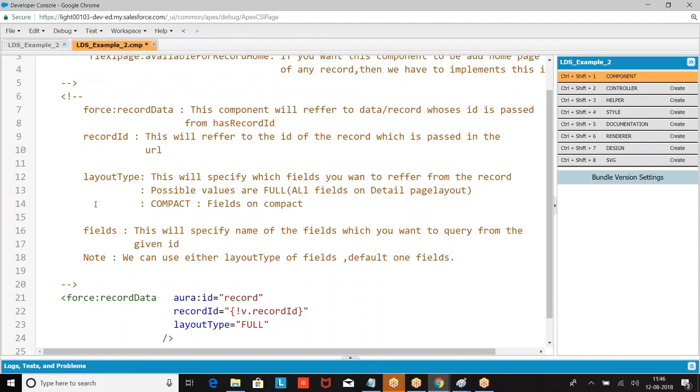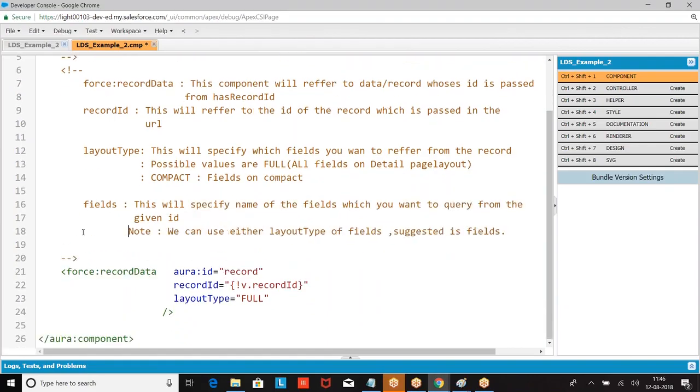Out of these two, any one you can use. But what is the suggested one? Fields is the suggested one.